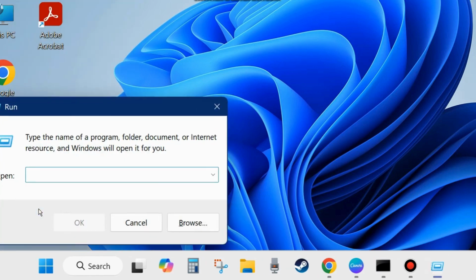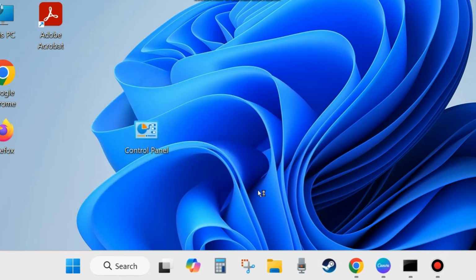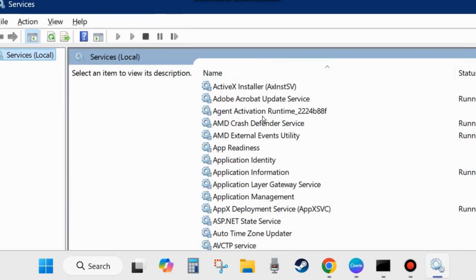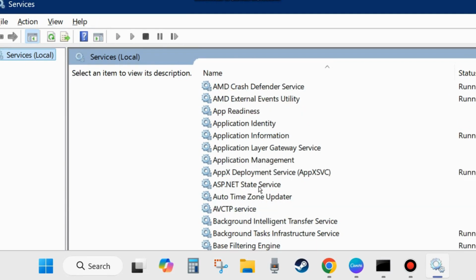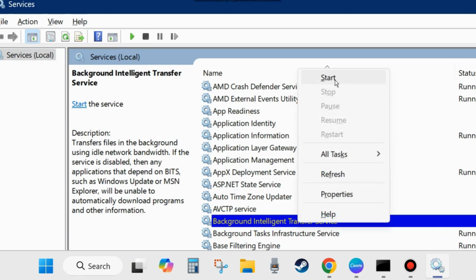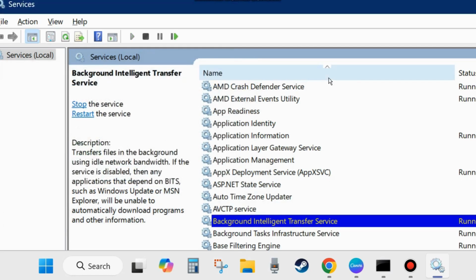You may press Win plus R shortcut key to launch the run dialog box and here type services.msc and click on OK. This command will open the services window in your system. Here under available services, start or restart various Windows Update related services. The first one is Background Intelligent Transfer Service, BITS. Right click on it and choose start, and if you find it already in start mode, then restart Background Intelligent Transfer Service. After that, double click on it to open its properties window,